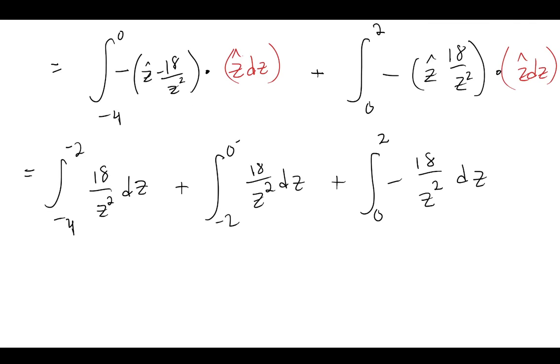Okay, so now the reason that we may want to break that up is because we can start to simplify this a little bit. And we can see that these two are going to give us some tricky situations because we're trying to evaluate at a point 0 where we're going to have 18 over 0. So this is going to give us some infinite number. And so if we break these two up, we can see that these two are going to cancel with each other. Now, I'm not going to give a detailed mathematical explanation of this, but instead let's look at this visually,